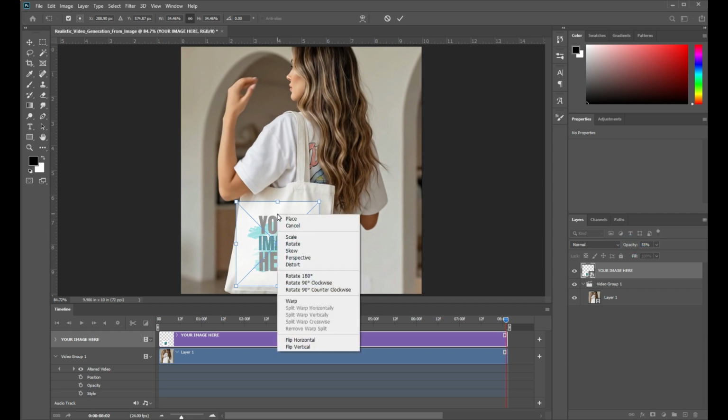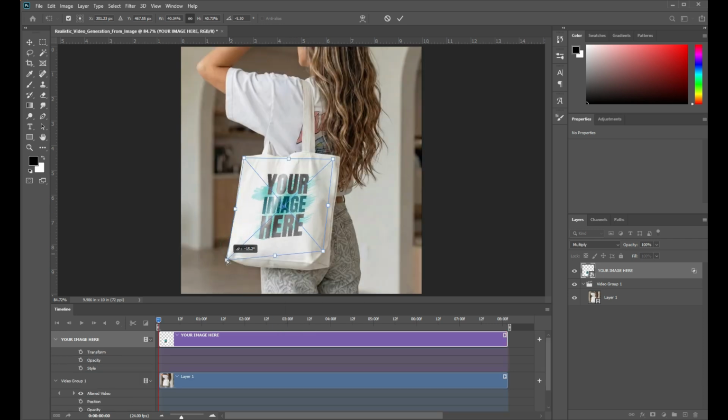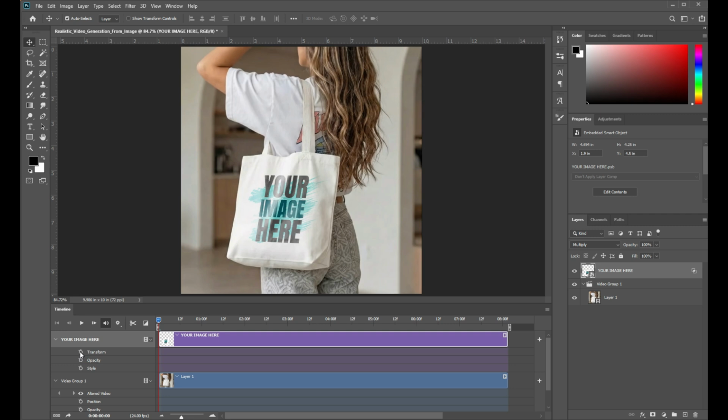And right click on it and select the Distort option. Adjust the 4 points according to the tote bag. Now press the right option here and add the transform keyframe here. Now slowly play the video